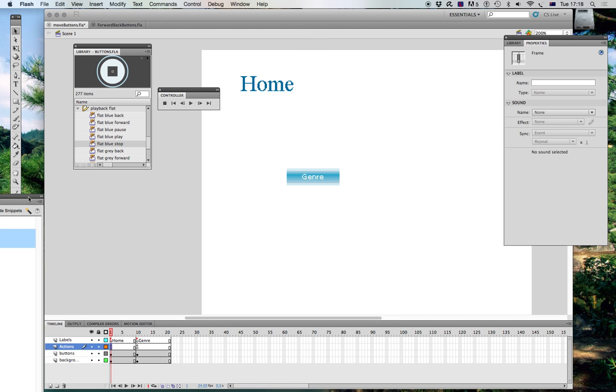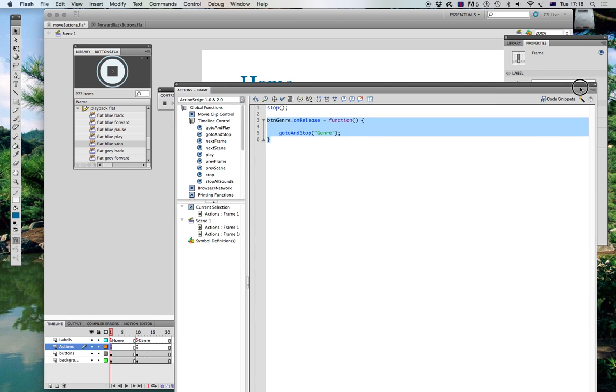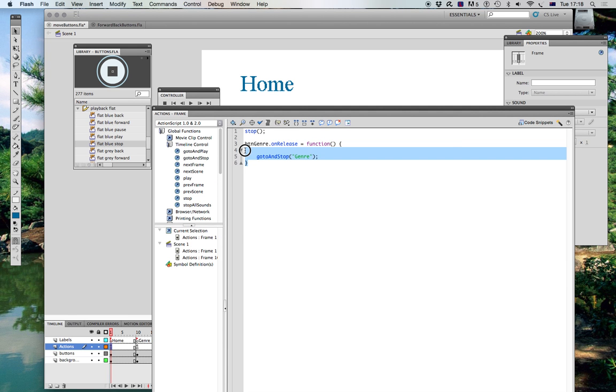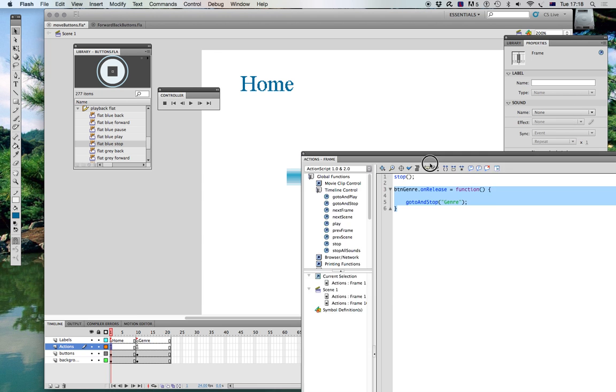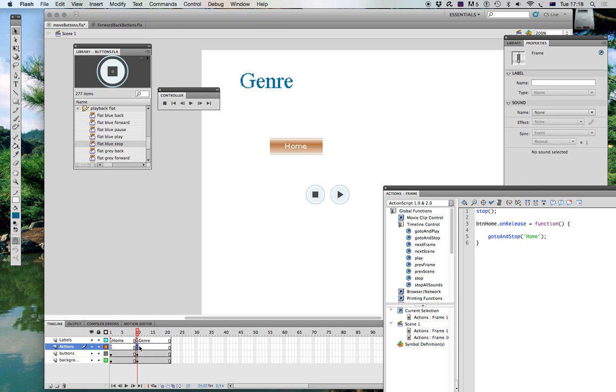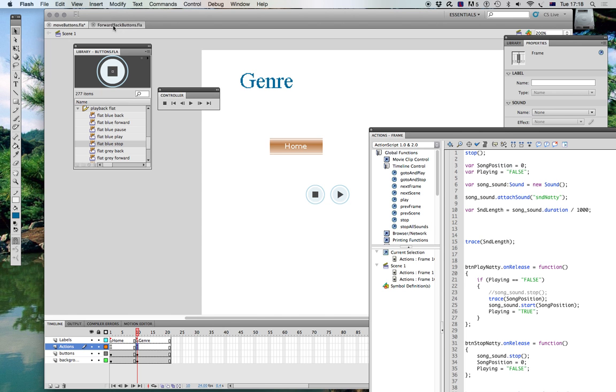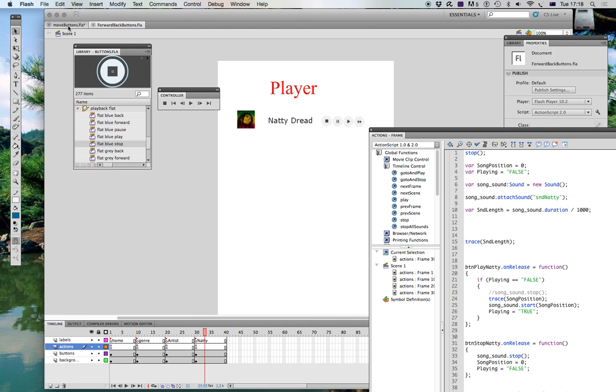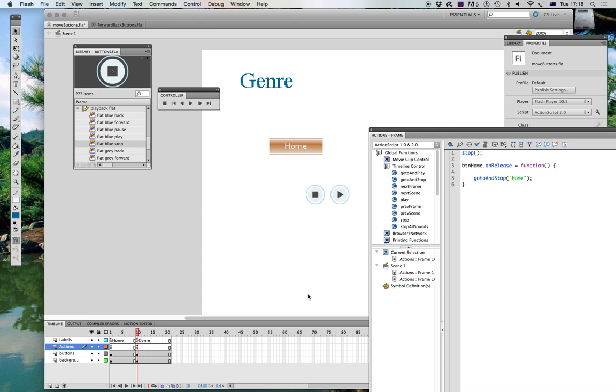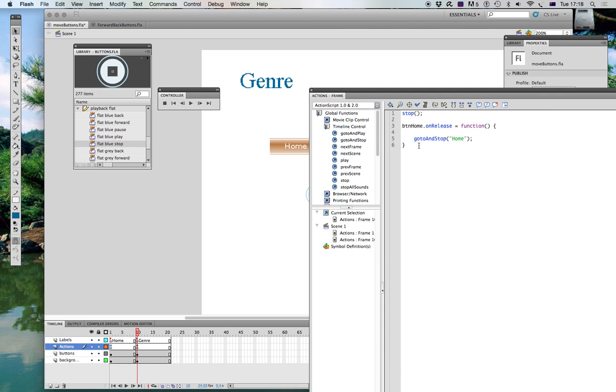And here we go. Remember we had this button, so we're going to use a button function, so I'm going to copy this just for future reference. I'm going to go into this action script where we've got this one that says genre, and this one here. No, it's actually this one here. And I'm going to create a new